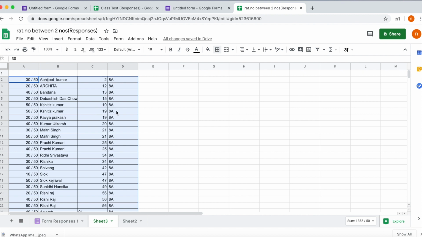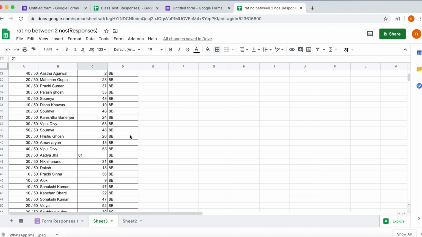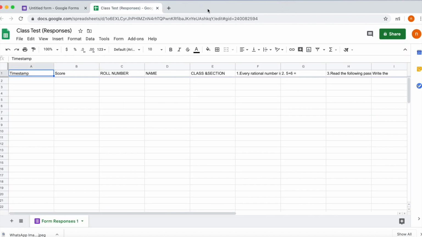Sometimes you see that roll numbers are repeated, because in this I have not limited it to only one response. So when we are taking a test, it is essential that we limit to one response only. So here we are getting all responses section wise, roll number wise.